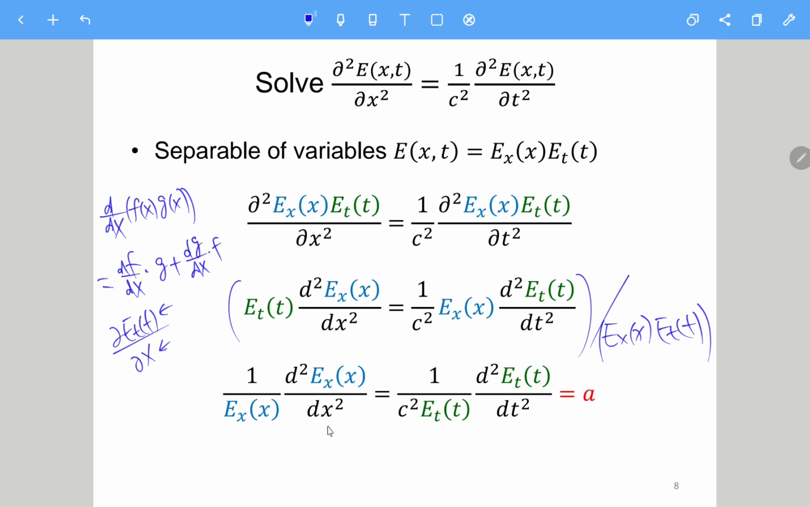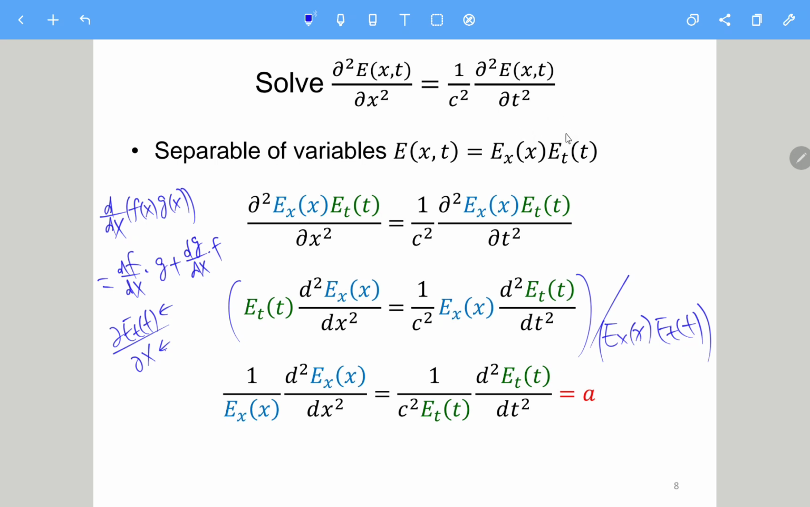So finally, on the left side we have the second derivative of X over X. And then on the right side, this term and this term cancel. So we have this second derivative of T divided by T, also c squared here. So this is the punchline of the separation of variables, which means that originally you assume the function can be